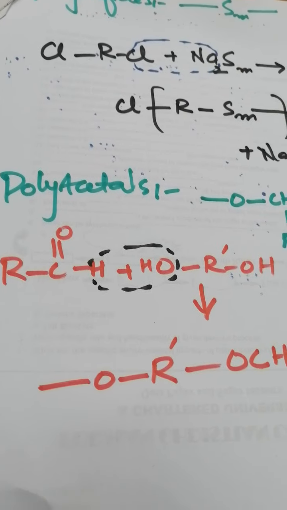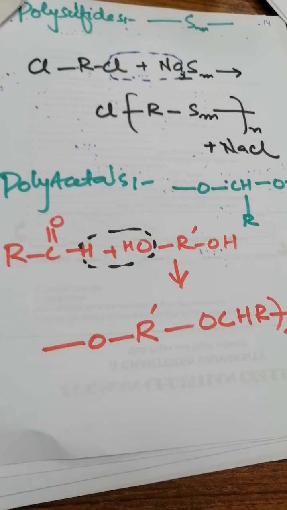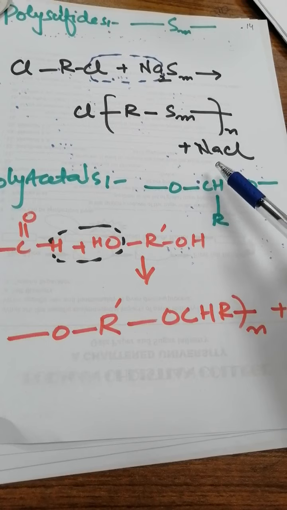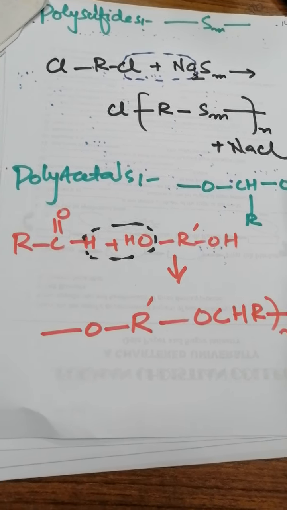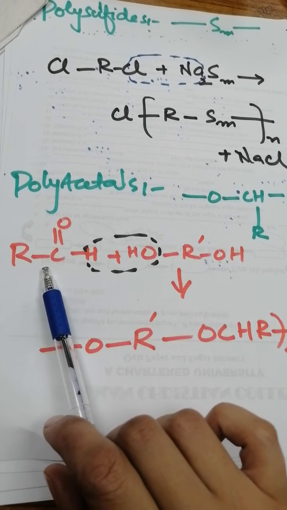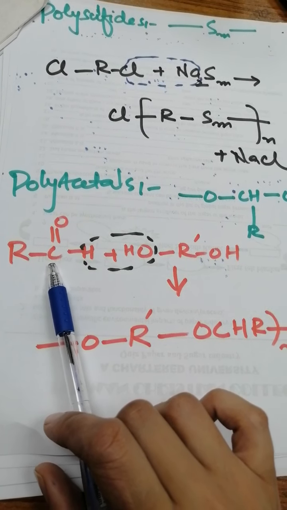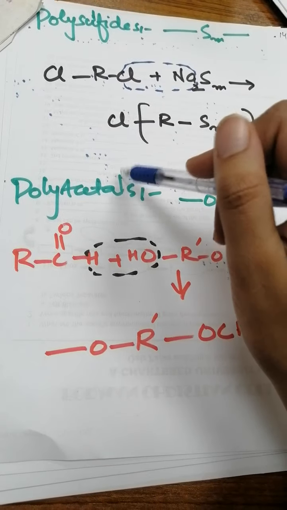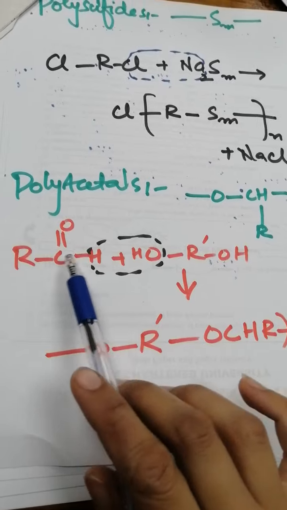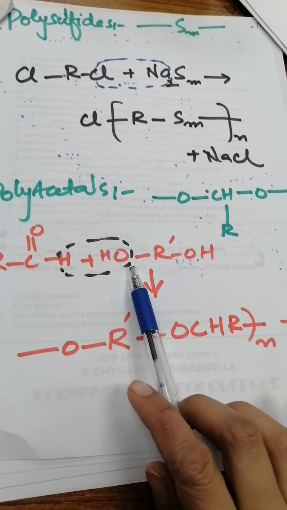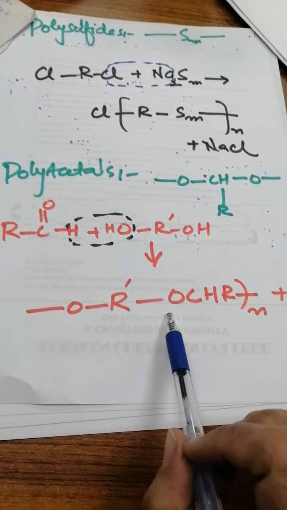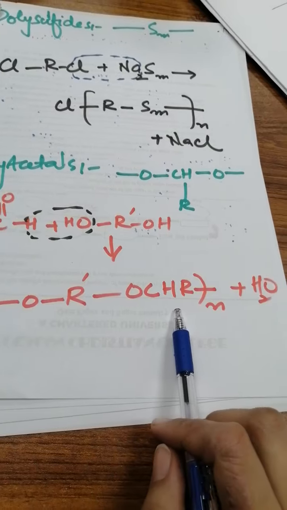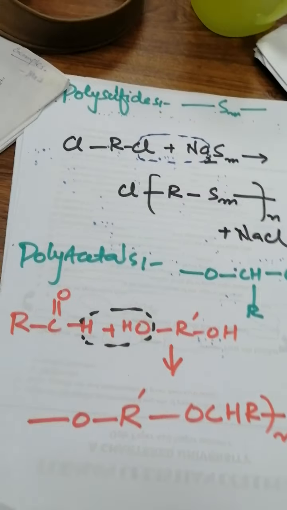And the last one is the polyacetals, right? This functionality is the indication of the polyacetal, where we have the CHR and then oxygen on both sides, right? Then we need to have an aldehyde, one of the aldehyde groups, and another one is the diol, right? So acetal is indicating that we have aldehydes, and we have diols, right? So there is a formation of such kind of linkage between them. It will release the water molecule, and you will get this kind of functionality with the release of a water molecule, right?